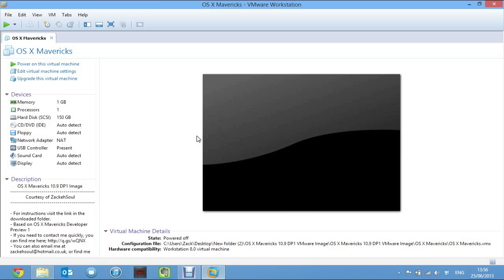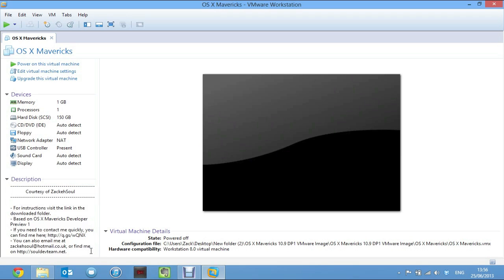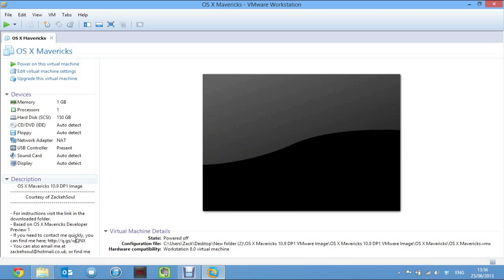On this screen, you can see the contact details in the bottom left if you need to find me anywhere. As I said, support won't be massive. I'll help you if you have a simple kind of error, but if there's something that I have no idea what it's doing, then I'm just going to leave it and see if Apple improve it, or see what happens and see what changes with it.